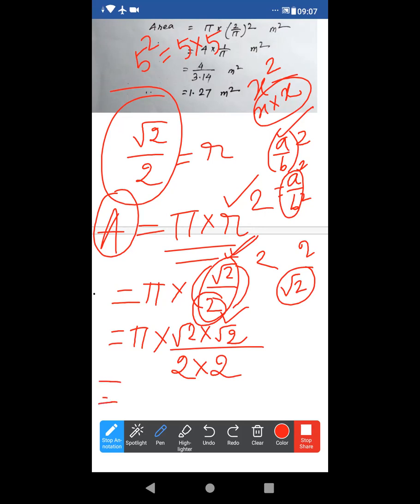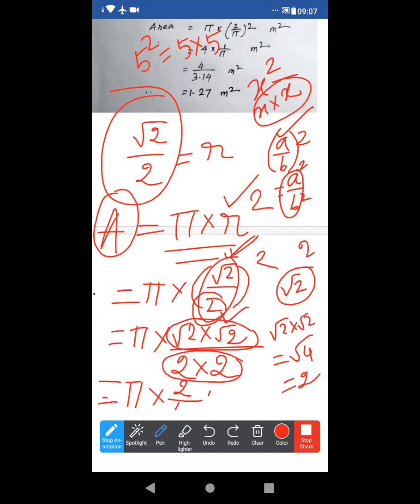It is clear? Now look, pi into, now just look at the numerator. It is √2 into √2. That means what? When 2 roots are there, it will actually be √4. √4 means what? 2. Only 2. So it will be just 2. 2 by 4. Now it is clear. Look, now 1 by 2, exactly. That is 0.5.